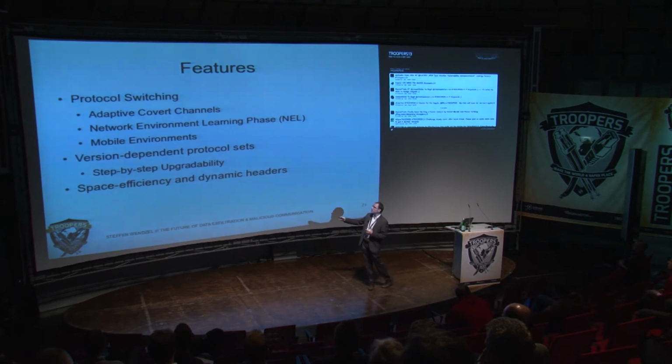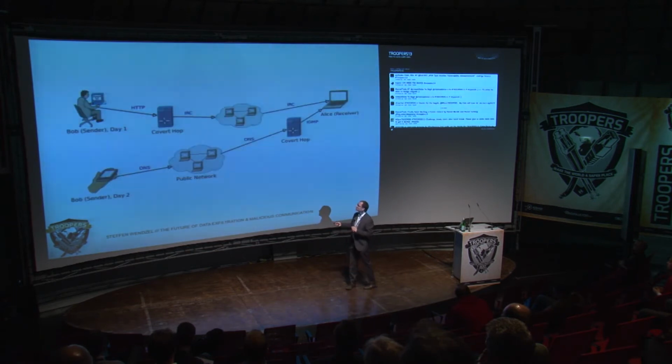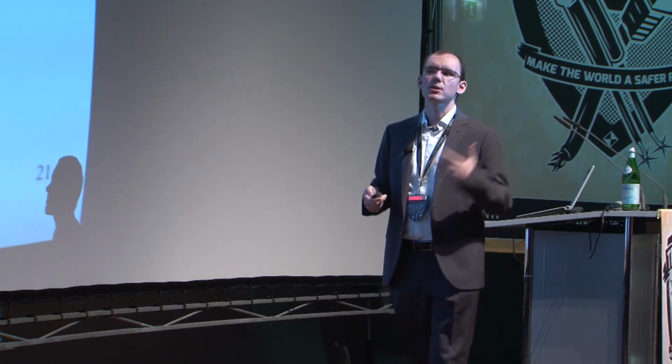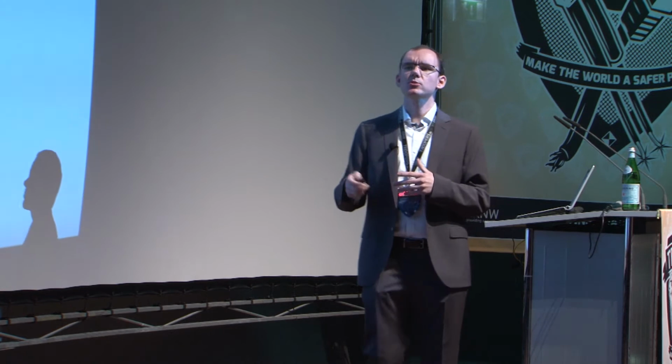So what I introduced is control protocols with version numbers, with different protocol sets, and that allows me, I go back one step. For instance, let's say I upgrade this part of the covert channel overlay with a new version, and he accesses with a different version. But these two systems can agree on one supported version of protocols they can use, even if some protocols are blocked. But that's based on the work of Roshkin et al., because they did that already earlier. I just improved it because there's actually a two-army problem within the NEL phase.